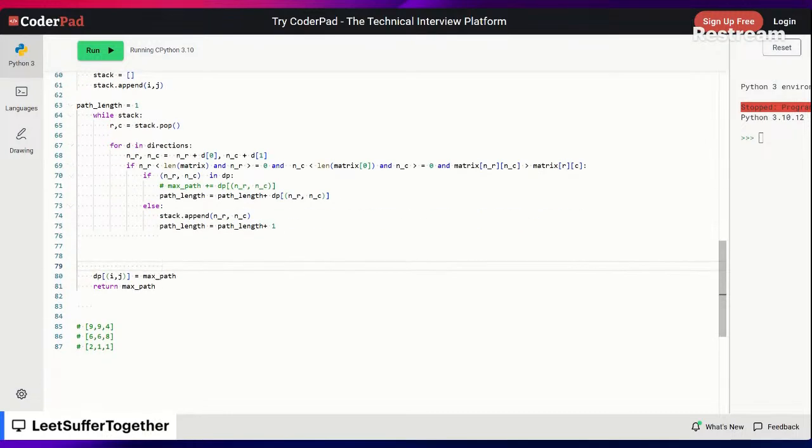Okay, imagine when I had 8 here. RC was for 8. And when